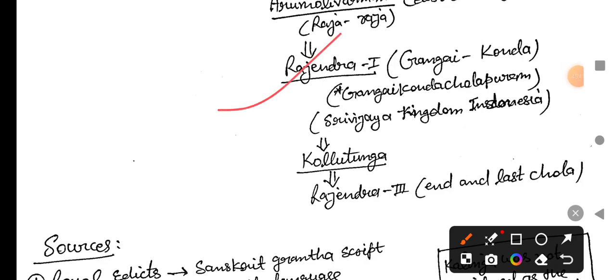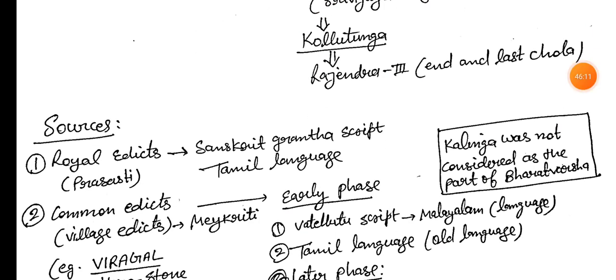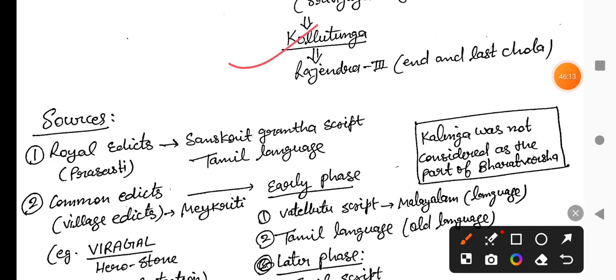Okay, and next is Rajendra the first. He was the prominent ruler who controlled Sri Lanka as well as Sri Vijaya, that means Indonesia. Okay, and he adopted the name Gangaikonda Cholapuram because he defeated the Ganga ruler in North India. So he adopted the name Gangaikonda Cholapuram. Okay, so the Sri Vijaya Kingdom in Indonesia was captured by Rajendra the first, and next is Kulottunga, and then Rajendra the third, and